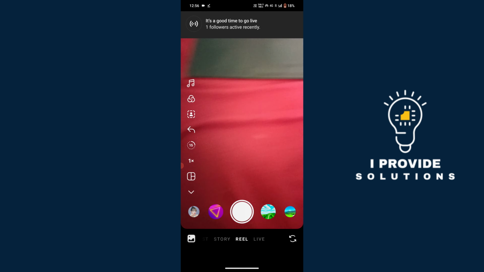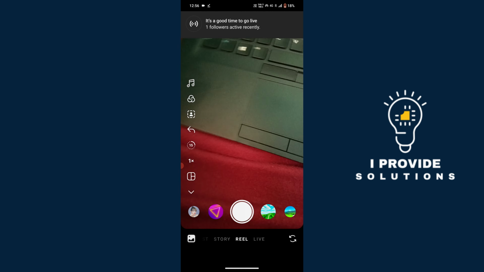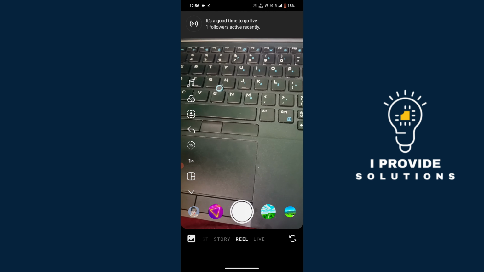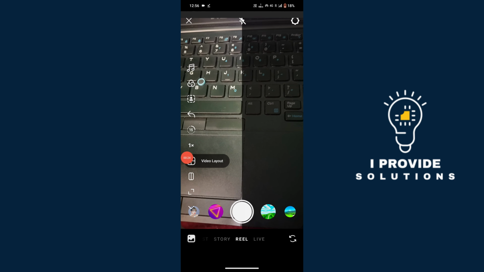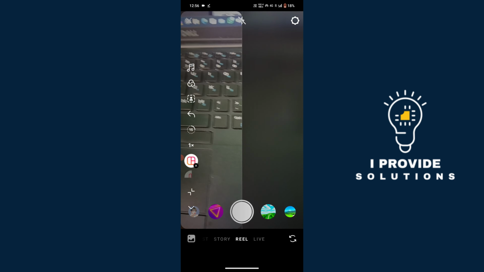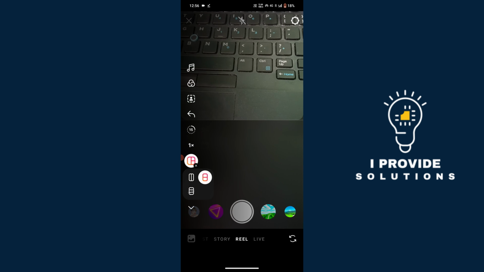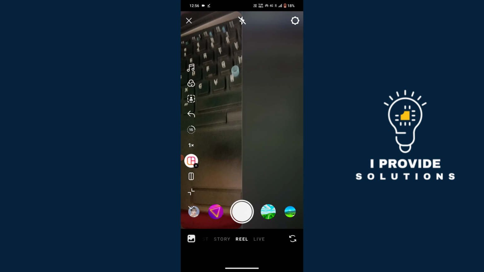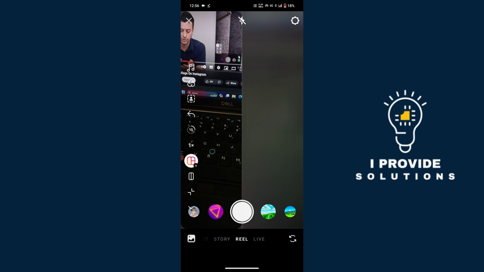So here, after tapping the reel, I have the option of collage. You can see I am tapping on that. Here I have different types of collages. So here we have three types of collages. So like this, I am recording this reel,